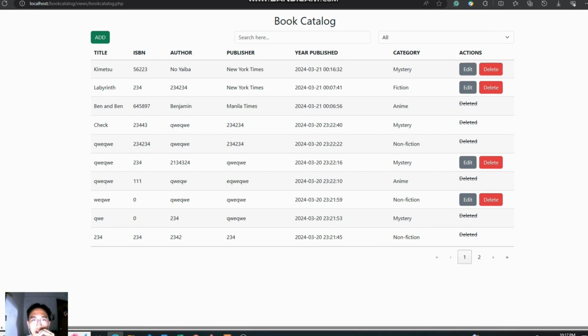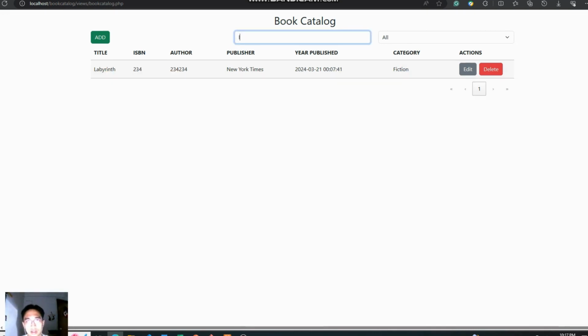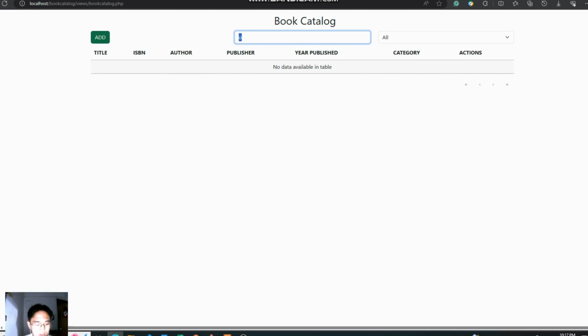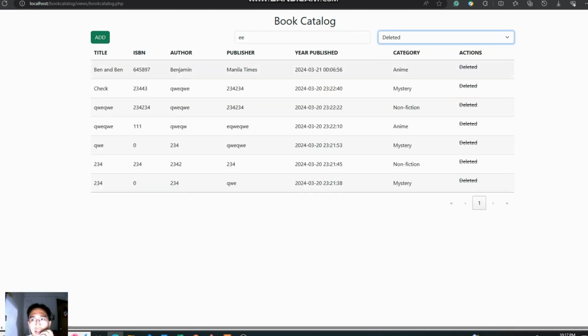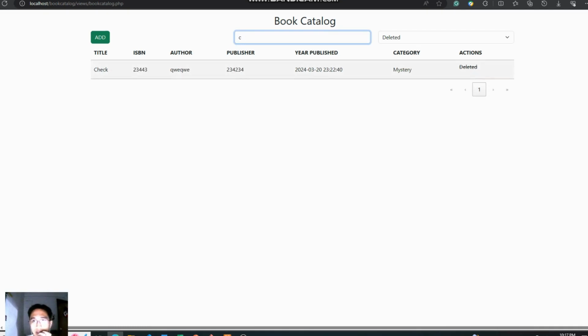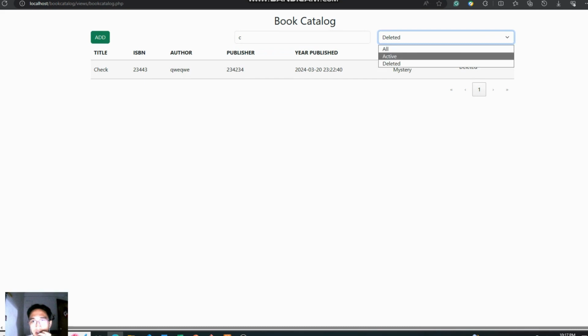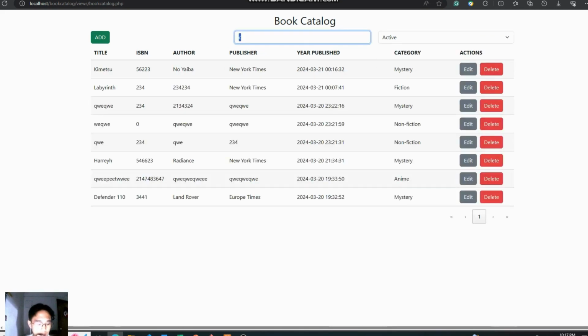And for example, if I try to search ebook, right? Available data in table. And then do the check and inactive.